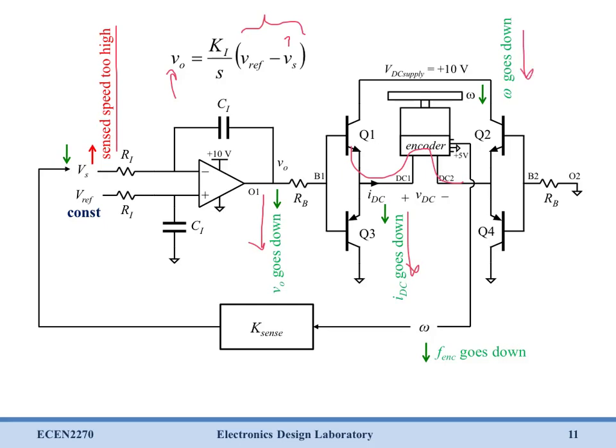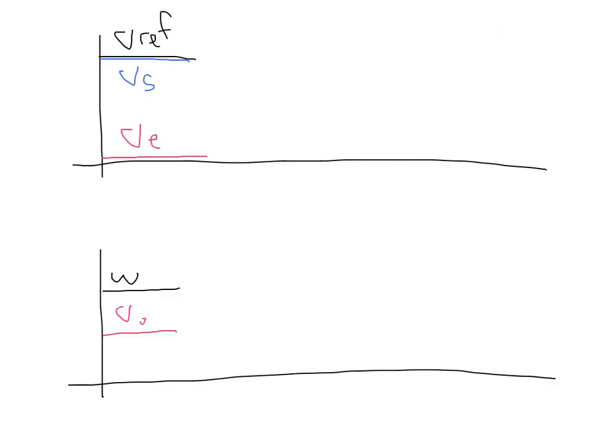And as omega slows down, our encoder frequency goes down, which reduces Vs. And this is just going to continue happening in this loop until Vs is equal to Vref. Error signal is 0, and VO has reached a new steady state. So let's take a little bit of a closer look at how some of these signals are going to react